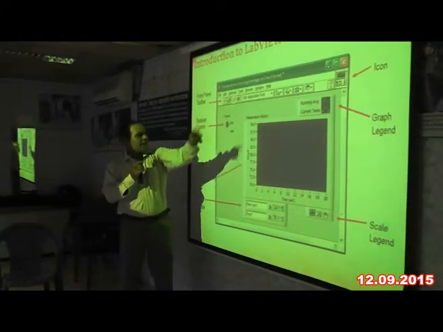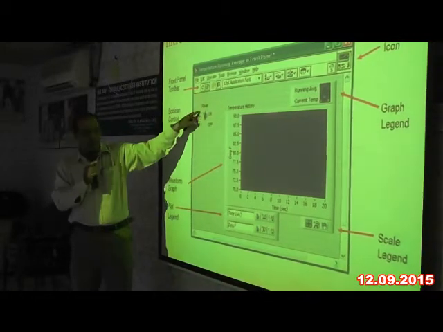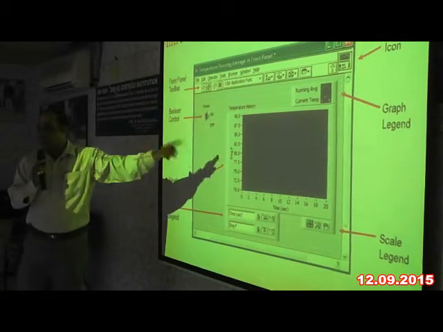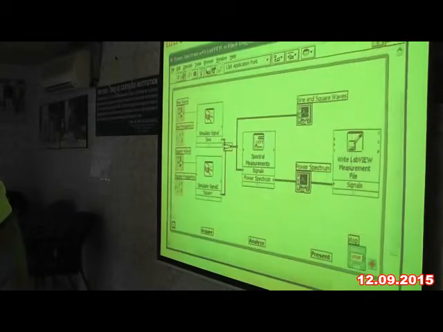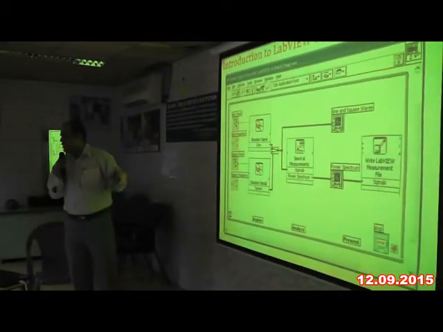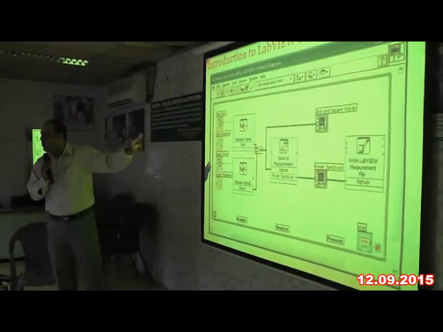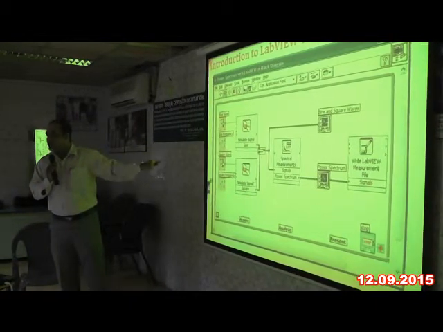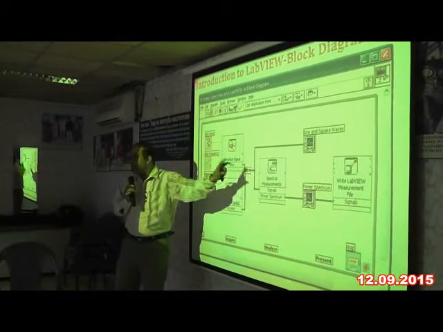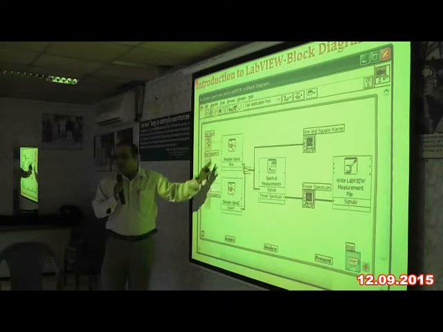Okay. So then there are different things. Here I have used some knob. It's a Boolean on or off button. Then we have plot legends, and waveform graphs have a scale legend to adjust the front panel parameters. And this is a block diagram window, which is a second panel, which is hidden from our user. This is applicable only for a programmer, so he can modify such things. Here I will put different blocks and interconnect them, and depending upon the interconnection, it is going to work. So this is the block diagram window.